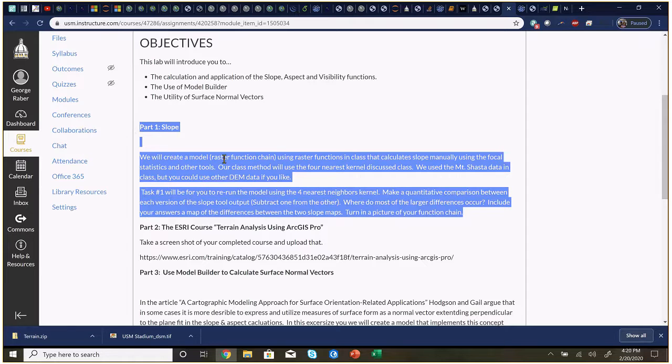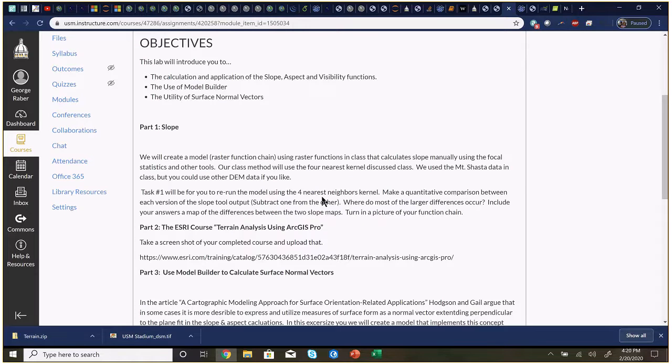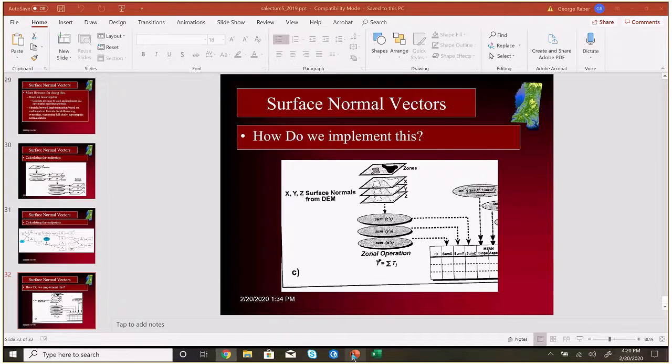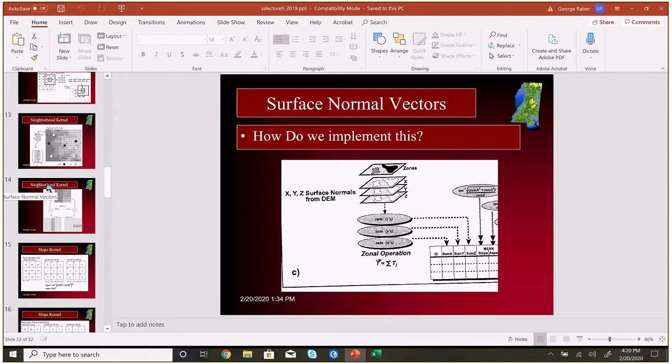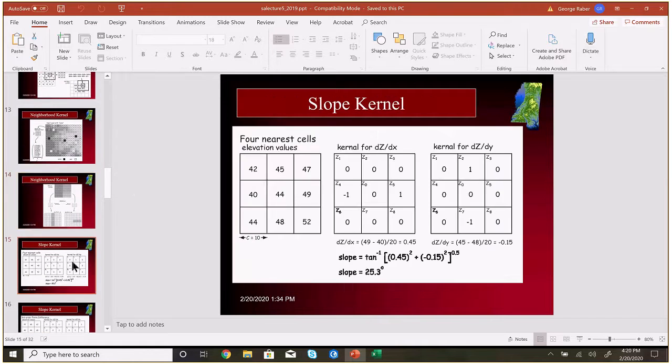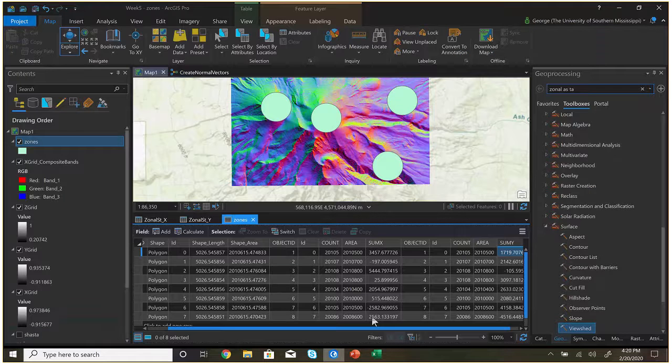Okay, so part one, what I wanted you to do there is to basically recreate slope using the raster function calculator. Think about how you would do that. When I did that in the lecture, I talked about it right here. So we're basically recreating this map, or these two kernels. So if I did that here in